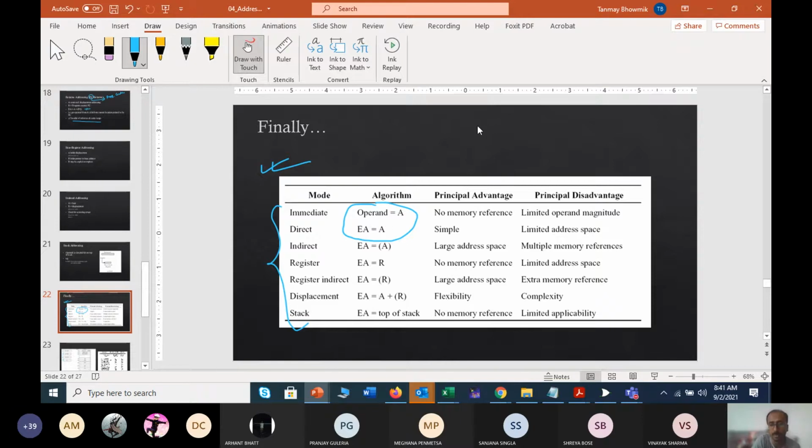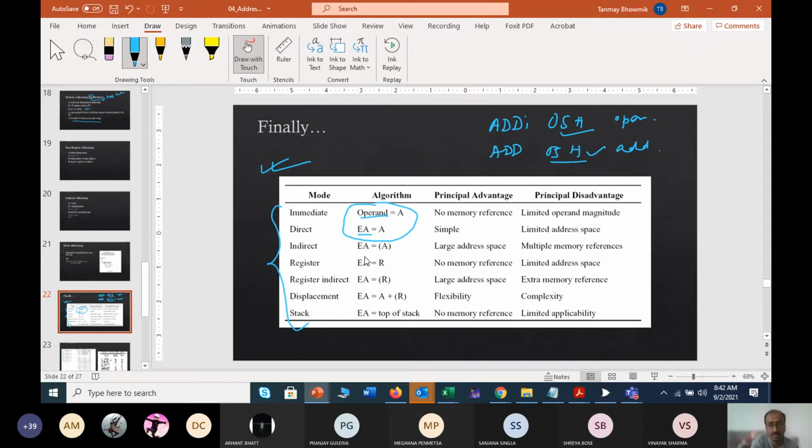In examples and in programming also, when this type of thing is written, it means this is your operand itself, and if this is written, then it is actually your effective address, that means it is your location. So it is operand versus effective address. That is the difference.